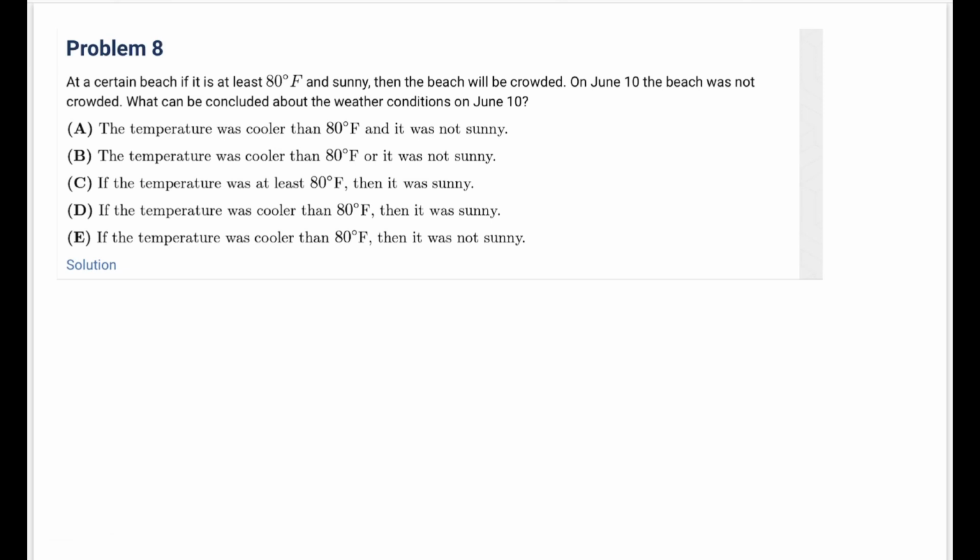beach will be crowded. On June 10, the beach was not crowded. What can be concluded about the weather conditions on June 10? Okay, so the beach will only be crowded if it's at least 80 degrees Fahrenheit and it's sunny. So they have to be both 80 degrees Fahrenheit and sunny for the beach to be crowded. And since the beach was not crowded,